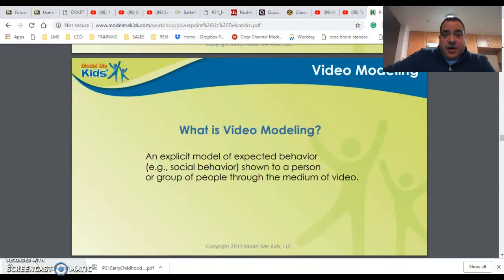For example, if I needed to model how to perform a specific calculation, if this were a math class, or how to conduct a physics experiment, or maybe I'm just showing folks how you can go into a database and search for content such as educational technology in a series of library databases. The point is, you can model behavior, and video is the perfect way to enable us to do that,